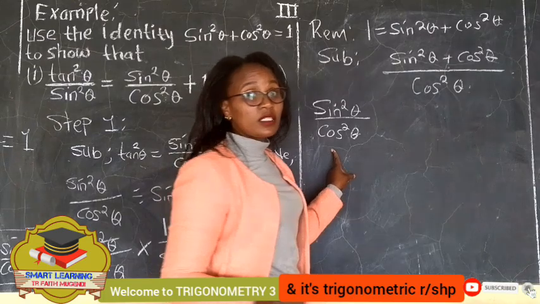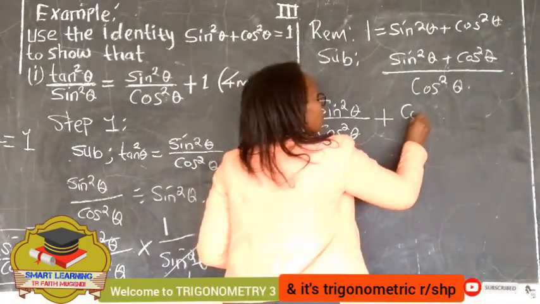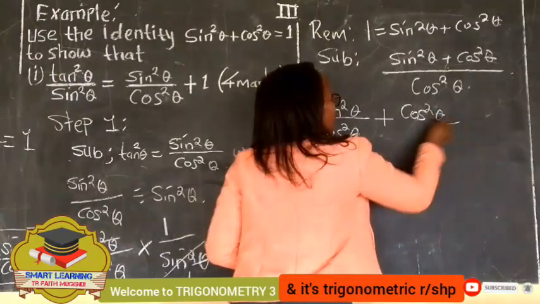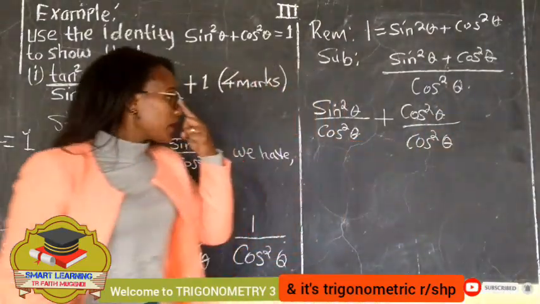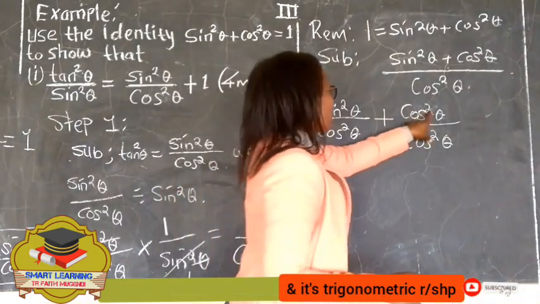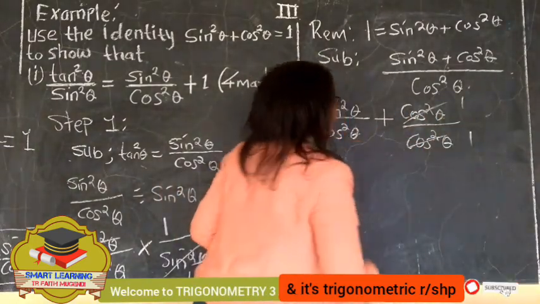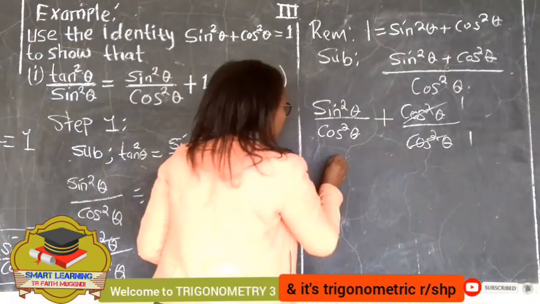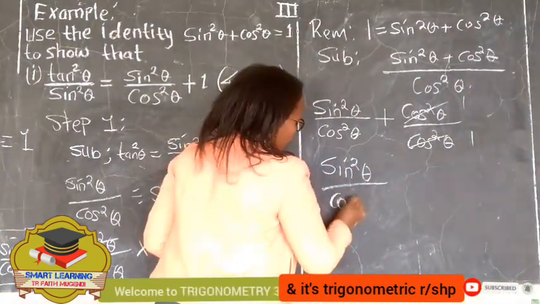Remember cos squared theta is common denominator, and therefore we add cos squared theta over cos squared theta. We are going somewhere, because cos squared theta over cos squared theta will cancel into 1. And since it will cancel into 1, we shall have sine squared theta over cos